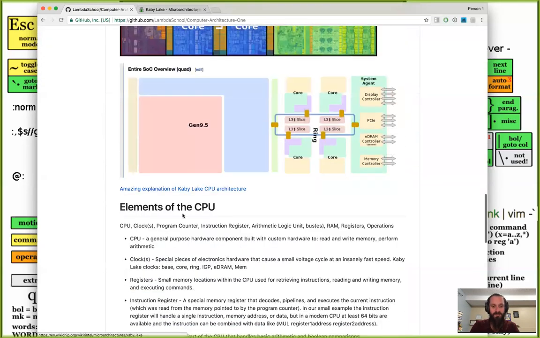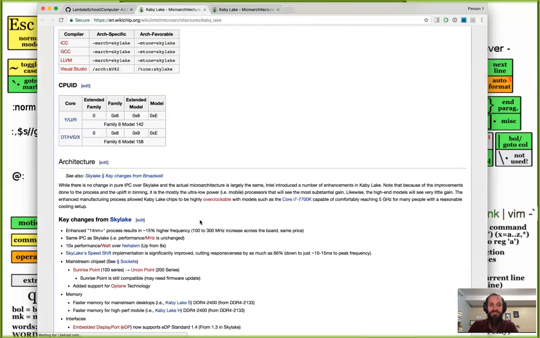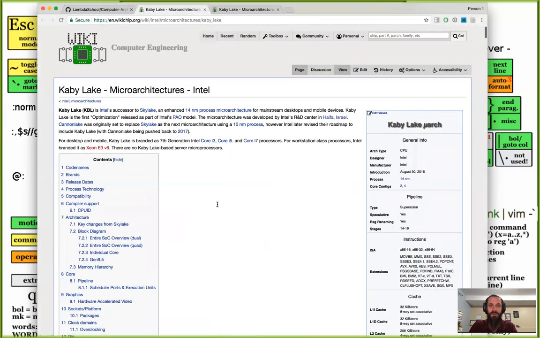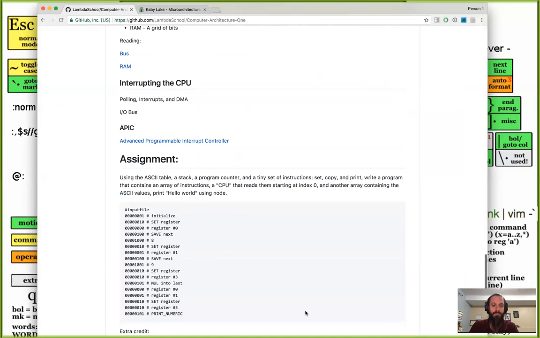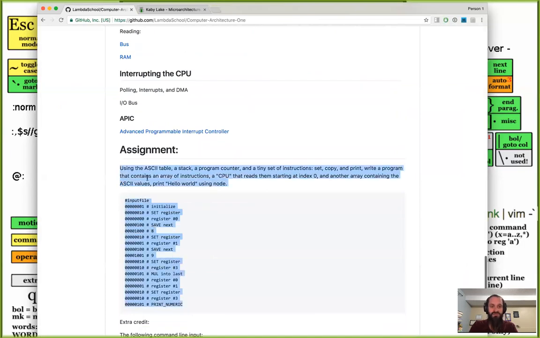Continuing on in this document, this CPU Kaby Lake architecture on this page is really cool. It will certainly make your mind pop if you progress through it. Elements of the CPU are very valuable for you to read up on, and we will talk about them in the next lecture, leading you up to building in JavaScript a very simple CPU that can execute some instructions. Now, these instructions are wires. That's the thing that you have to keep in mind. They're just wire settings, and each time the clock ticks, the CPU does something with those wires based on physically connected